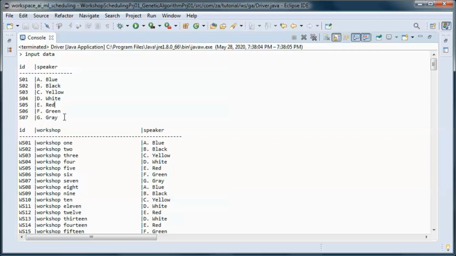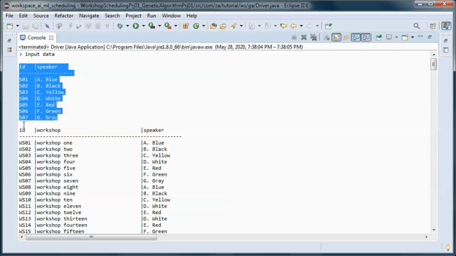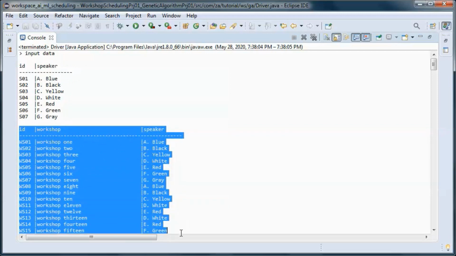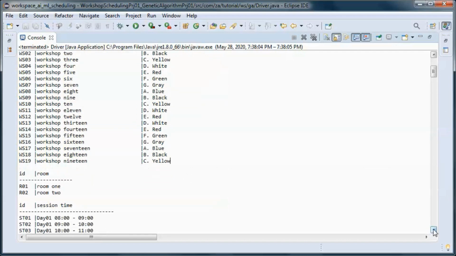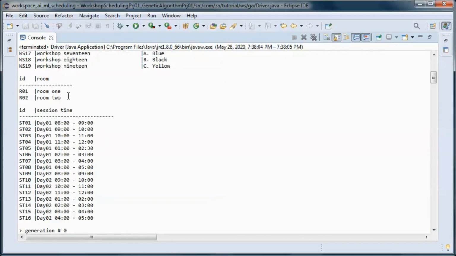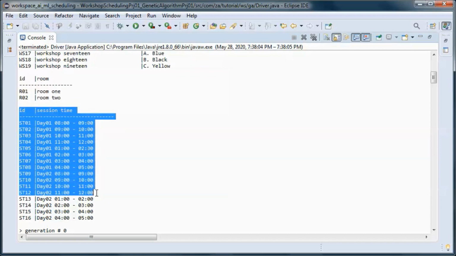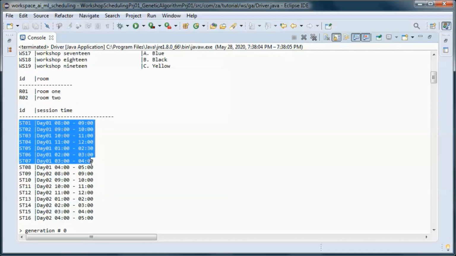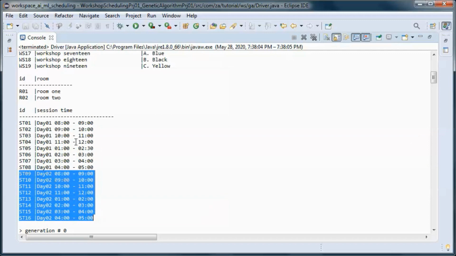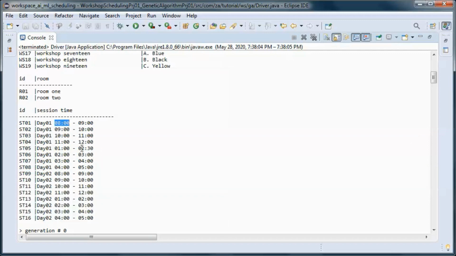So those are the available speakers, and those are the workshops in the system coming from the database, and those are the available rooms for scheduling, and those session times. So we have 2 days, and each one of those goes from 8 to 5, and each session is 1 hour.